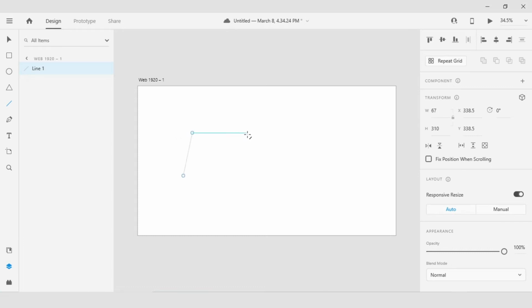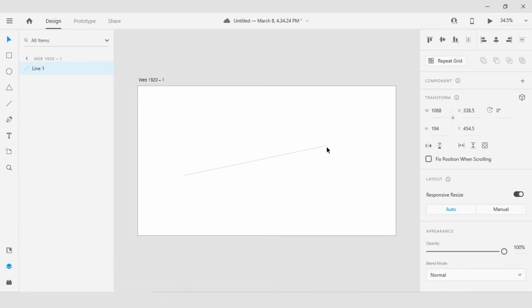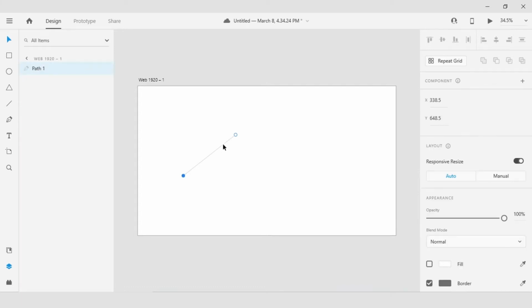If I want to, I can go ahead and move a point on the path. So if I change over to the selection tool, or the V tool, I can come in and grab the end of that line and change where it's placed. Notice in the layers panel, it's a line. If I double click on it, it's converted to a path in the layers panel.